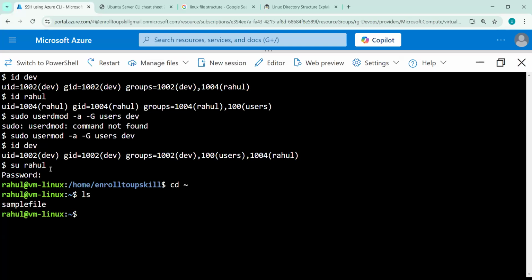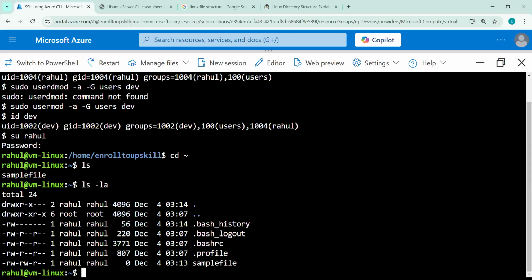Now here you can see Rahul has a file, sample file. This file is created by Rahul. Let's check the permission of that file. The member of user has permission to read and write, and group member. So in which group is this file? Rahul group. The members of this group can read and write the file. It means now Dev can access this file